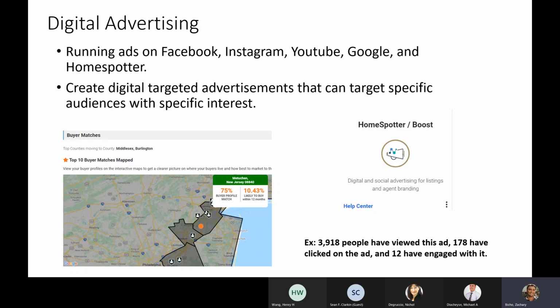So a great platform, I have other workshops that walk you through each of these platforms and running ads on there. But a really good platform that we offer is called HomeSpotter. HomeSpotter does this for you, meaning that when you run an ad on HomeSpotter, the best example would